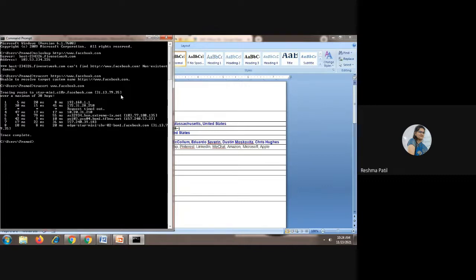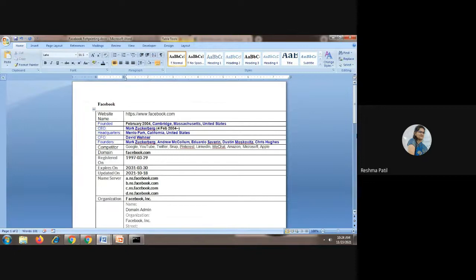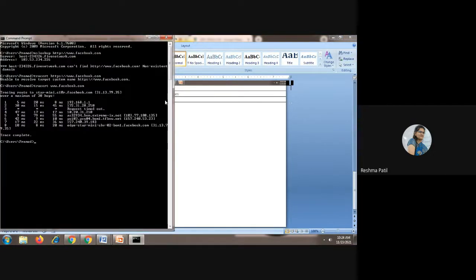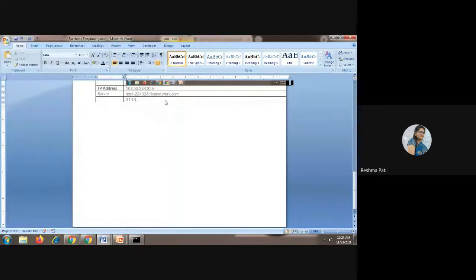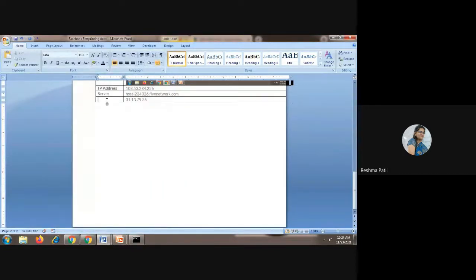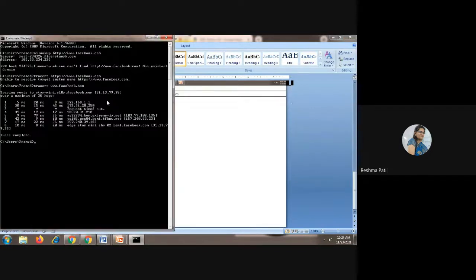This is also one IP address. So using the tracert command, you have received one more IP address. That also you can mention here. Done this?